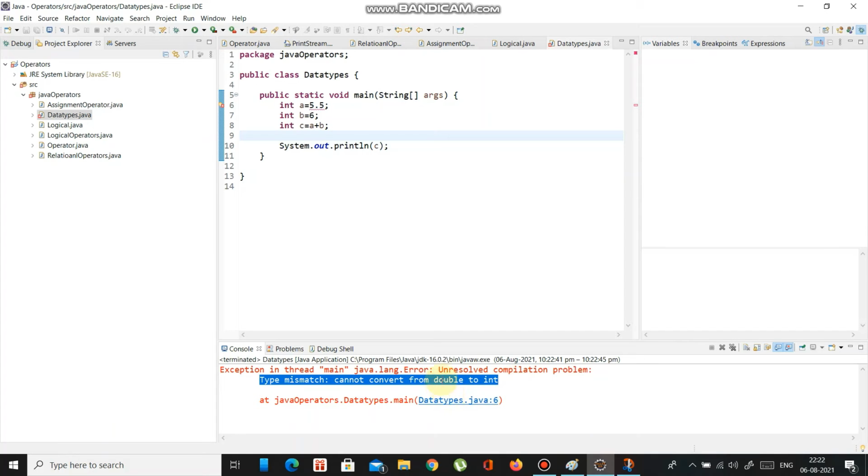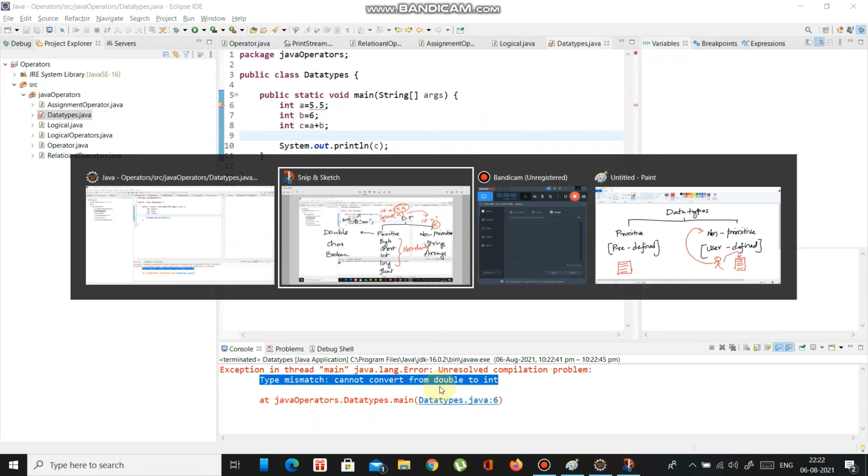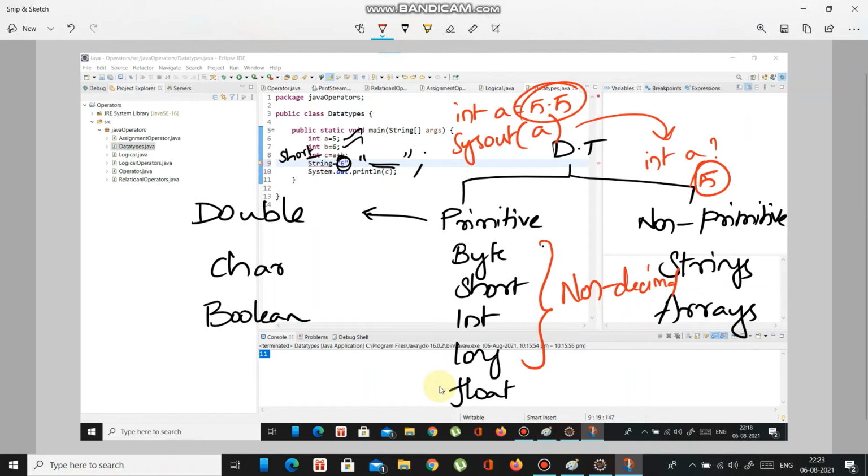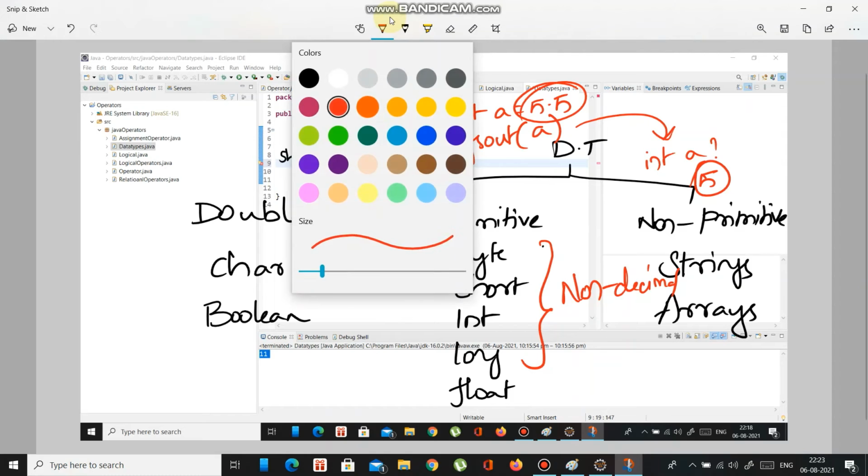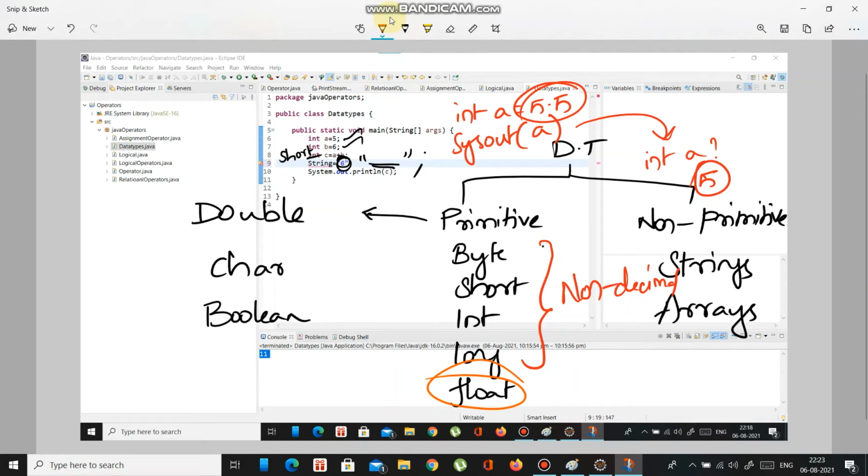See, double is a decimal data type. Float, double, these two, this one and this one, are decimal data types. This is a non-decimal data type.